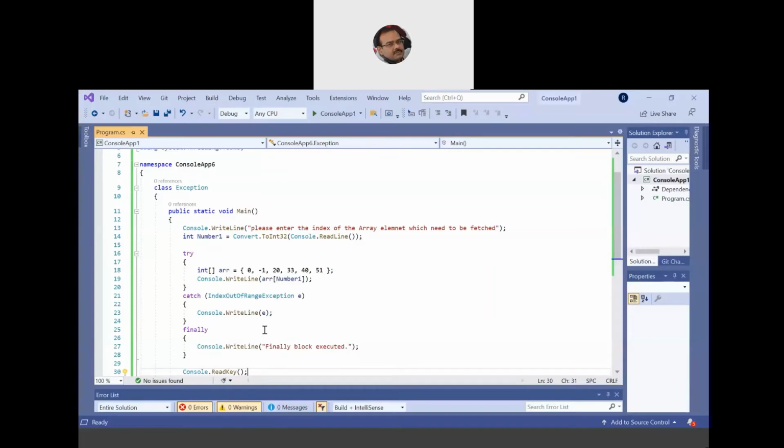Another scenario is file handling. File handling is another situation where I need to make sure of the code where you open a file, write content to the file, then close the file, send the file over the web to the destination, and then the recipient receives the file, opens it up, and reads the content of the file. Such code, like in Java where we have readers and writers and stream handling, is always advisable to write within the try part.